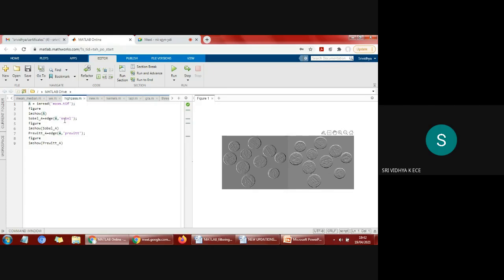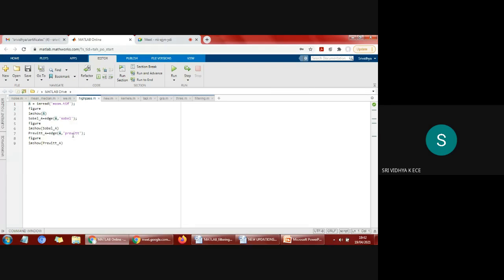And this is about Sobel's mask and Prewitt's mask. So directly I am calling the Sobel's mask and I am calling the Prewitt's mask. I am taking an image, say A, and these two masks are going to act upon this image. So actually how it is done is, initially you will have an image and then you will have the gradient